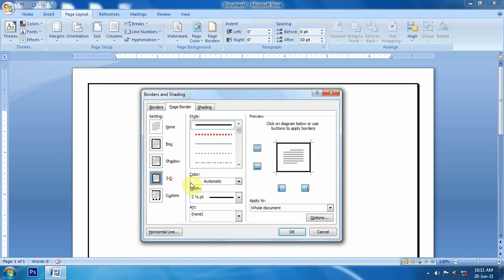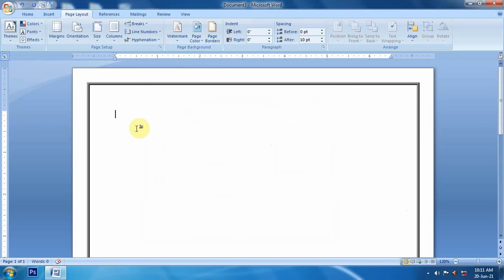If we say 3D, for 3D we have to take this type of border, because with this type of border we can see the 3D format properly. With other types of line, the 3D border format will not show properly. That will be the same as normal borders. So this is a 3D border, which looks something like this.